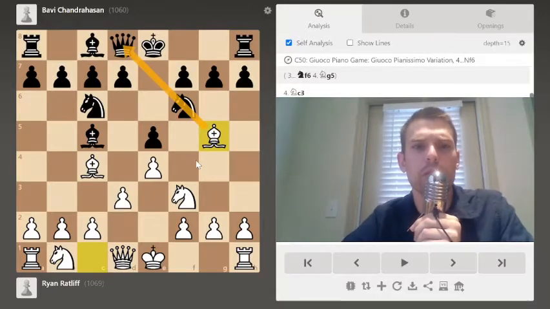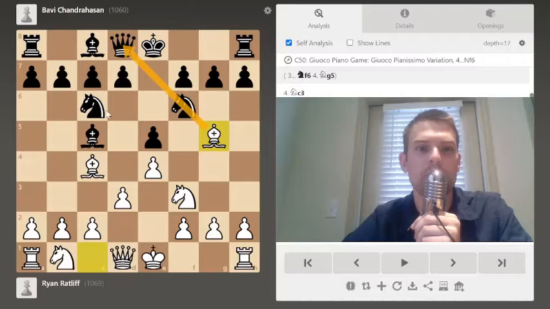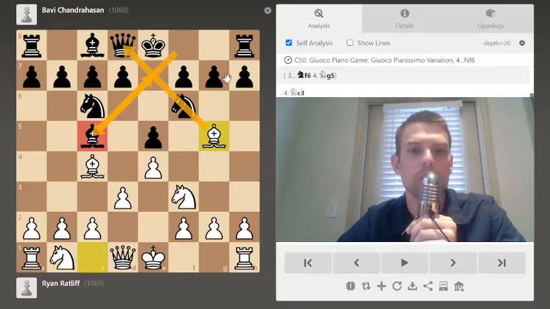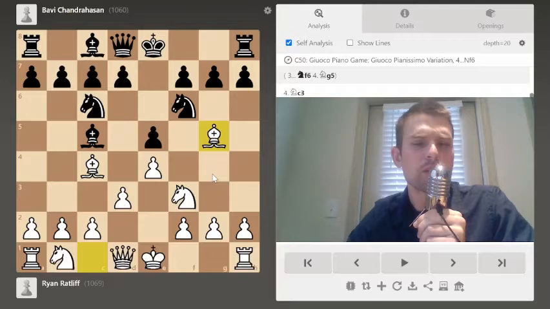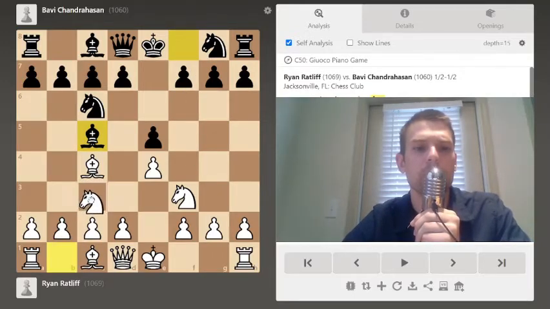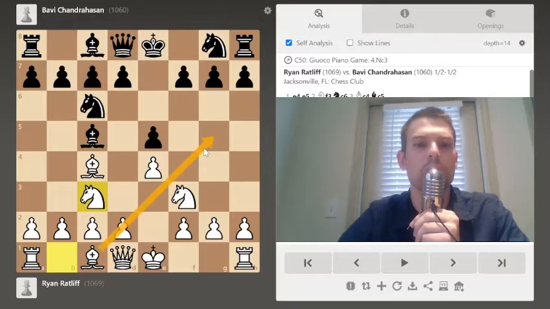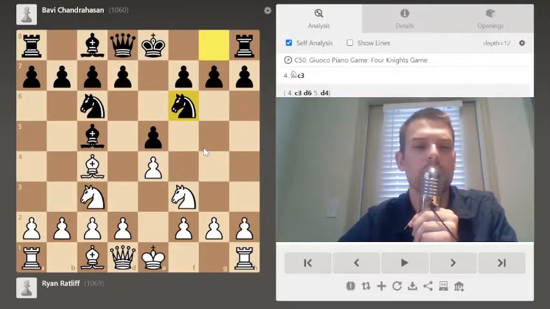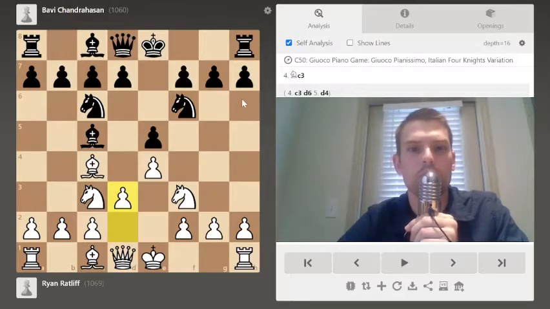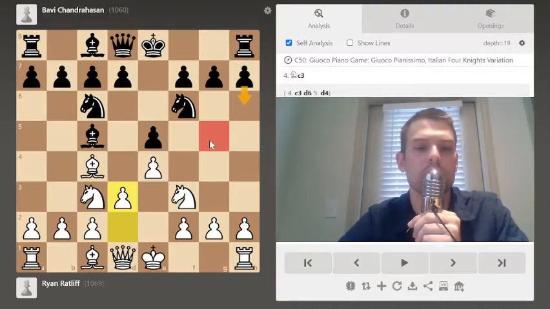And this can be bothersome for black, because black has already developed his bishop out to c5. If he wants to release the pin, he'll either have to move it back or simply start pushing pawns with things like h6 and g5. So this is a pretty normal idea. However, knight to c3, it doesn't allow for the bishop to immediately come to g5. So after knight f6 and d3, if black wants to, they can play the move h6 and stop this bishop